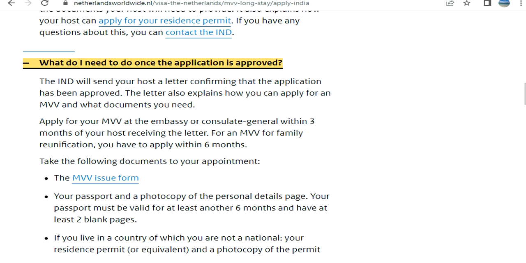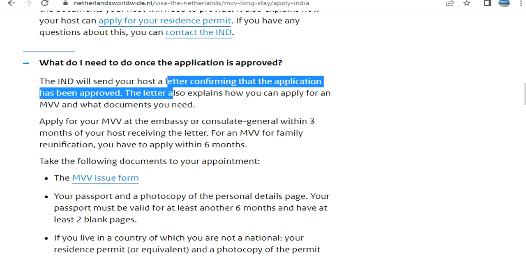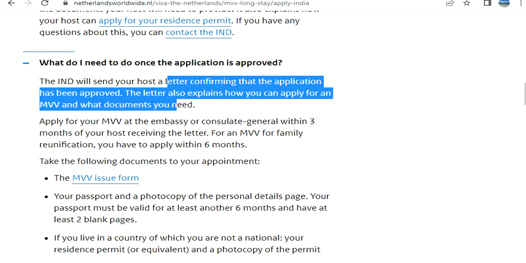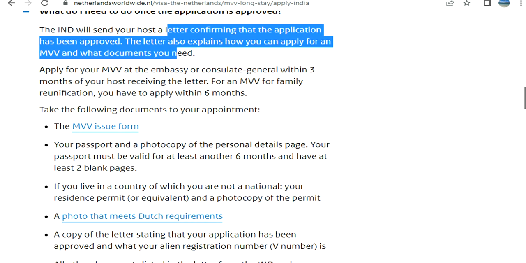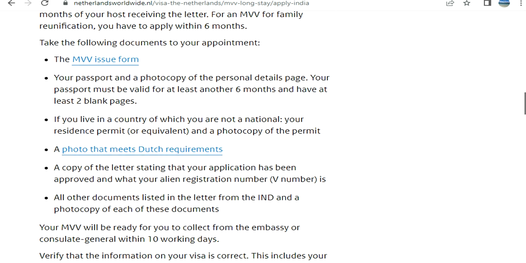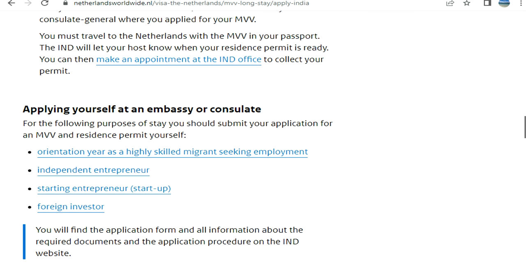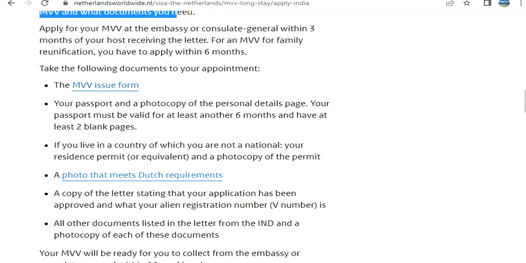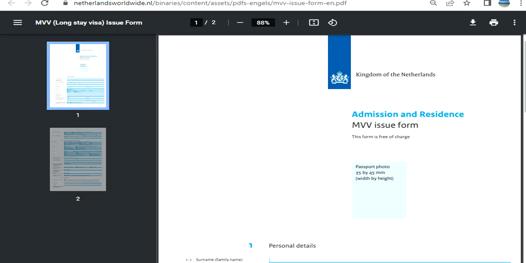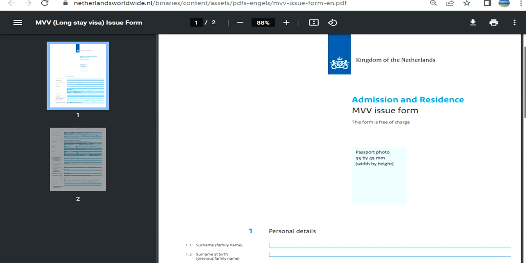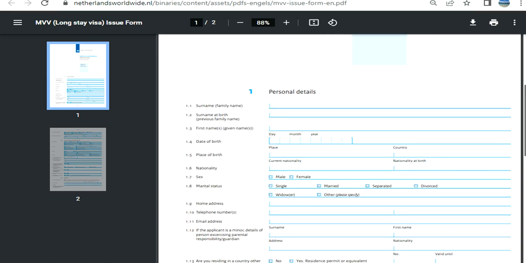And once this is confirmed, like your host has got a letter of confirmation, then you can apply for this MVV visa or MVV permit within 3 months of your host receiving the letter. So first step is to get the approval letter and then apply. And they have given the documents also. What are the documents you need? So the MVV issue form, what is it? It's a PDF file. You need to fill in basic details like personal details,